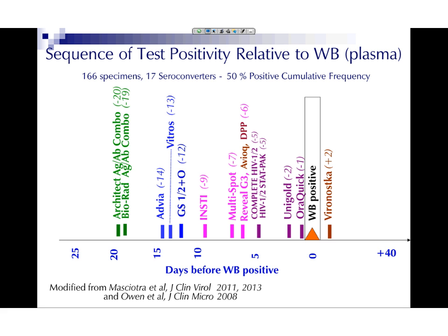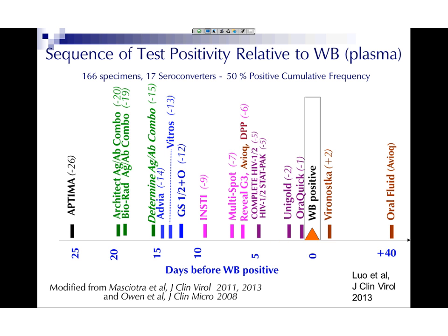One of the important considerations here, though, as well, is recent studies looking at oral fluid with the Avioc indicate that it picks up infection at about 40 days after the Western blot turns positive. So all of the rest of these comparisons for the relative detection of HIV are based on plasma specimens. And so the likely period of detection, if you're using whole blood, and in particular if you're using oral fluid, because there are lower antibody concentrations, is going to be longer than the intervals that were shown when we use the plasma seroconversion panels. And I think that makes a big difference in terms of how often people might need to be retested.